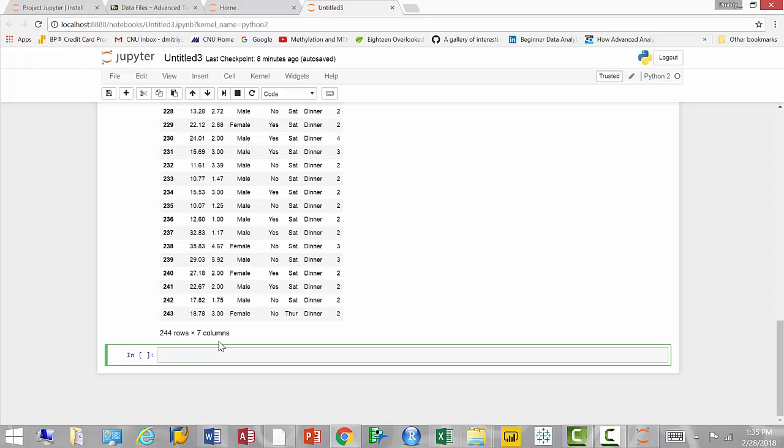So how do we invoke or call on these functions? Very simple, right? We type the library name, SNS. That's Seaborn, right? We included that as SNS. And then I'm going to put a comma. I'm going to say inside this library, let's find the boxplot function, okay? And the boxplot function,